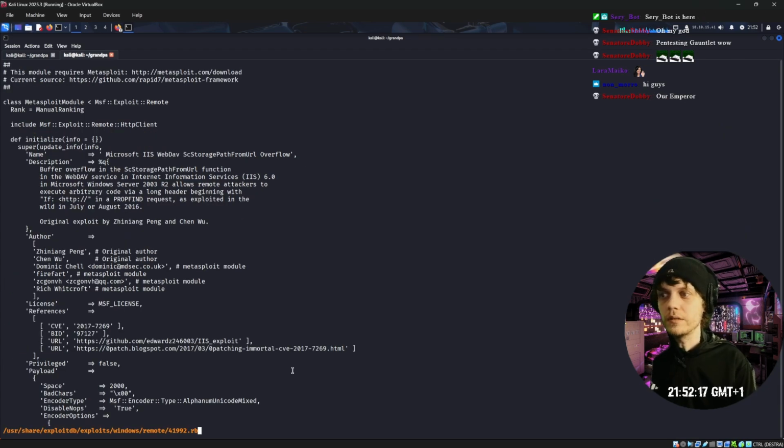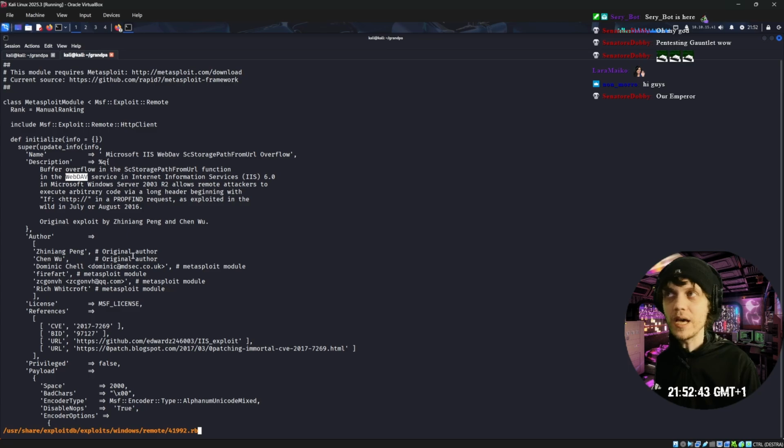And we can take a look at its contents. Even before taking a look at the payload and what it does, you can take a look at the description so that you can do some kind of vulnerability analysis and see if it corresponds to something that's likely to work. And it says here that it is a buffer overflow in the ScStoragePathFromUrl